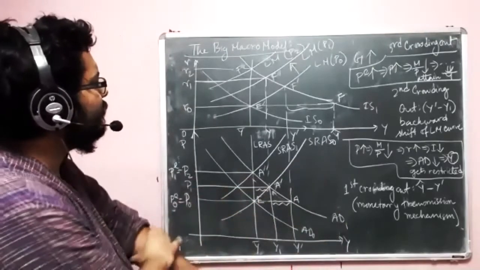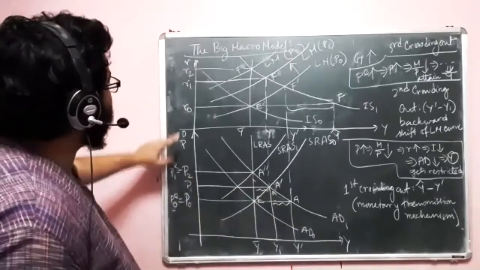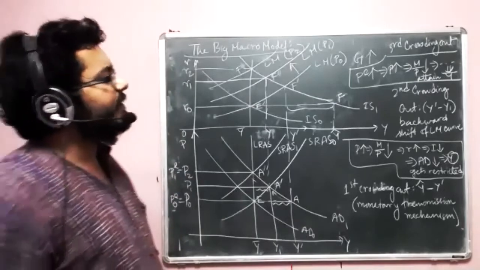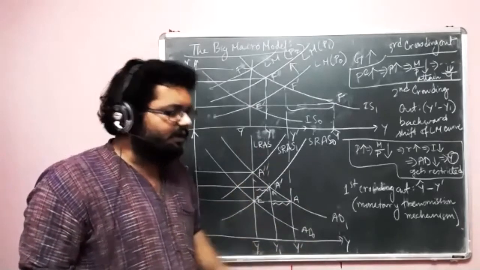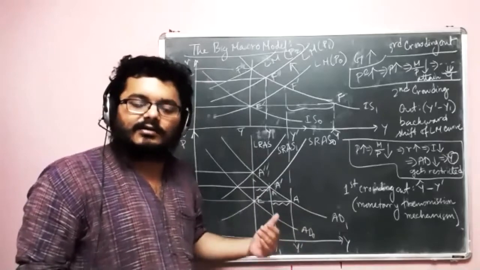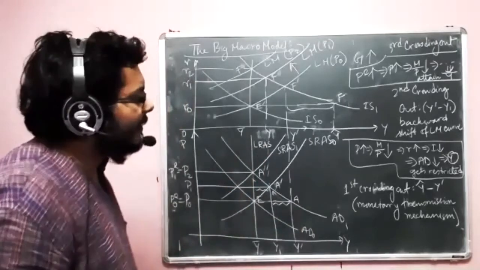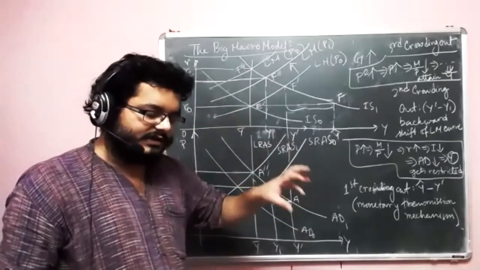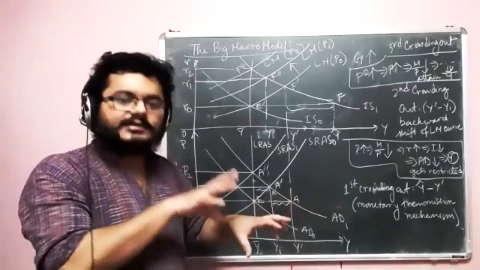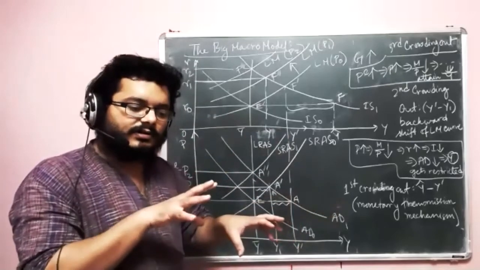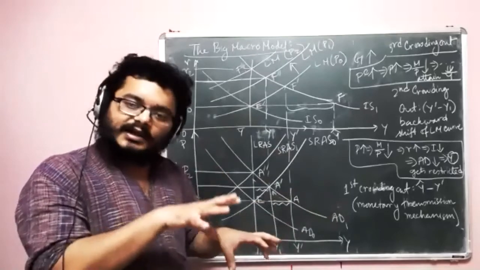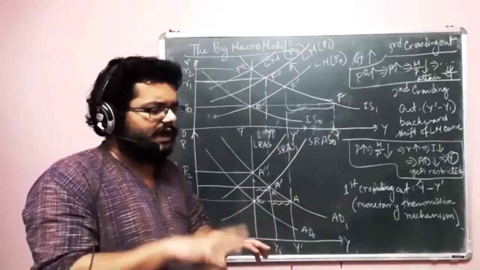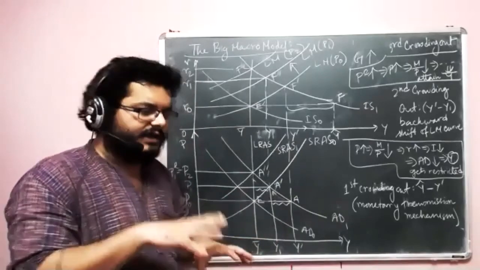Now, the problem with the boom is that, as you can see, in a boom the interest rate also increases, and it increases quite high. If you look at boom periods in India also, you will see that the interest rate goes quite high. So the idea that a stable and low interest rate is good generates the idea that you should restrict a boom through a stabilization policy. And some of that is observed in China.